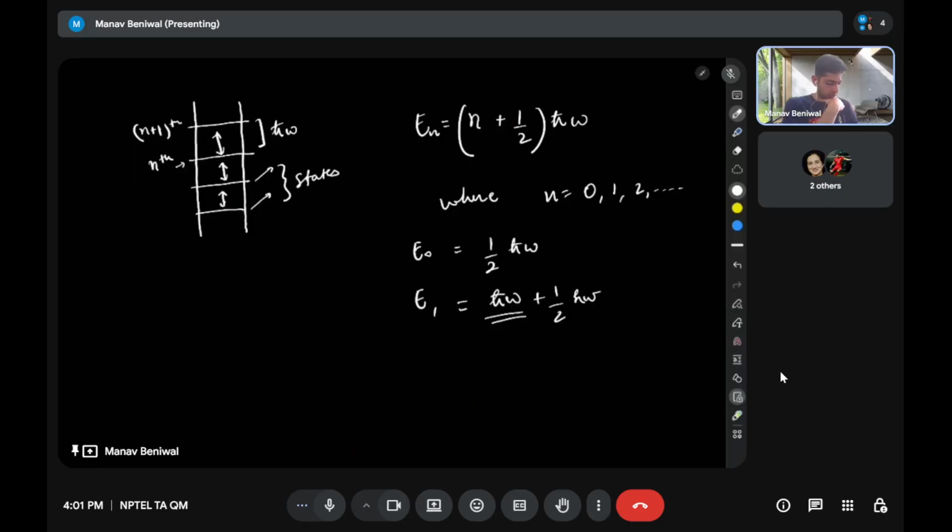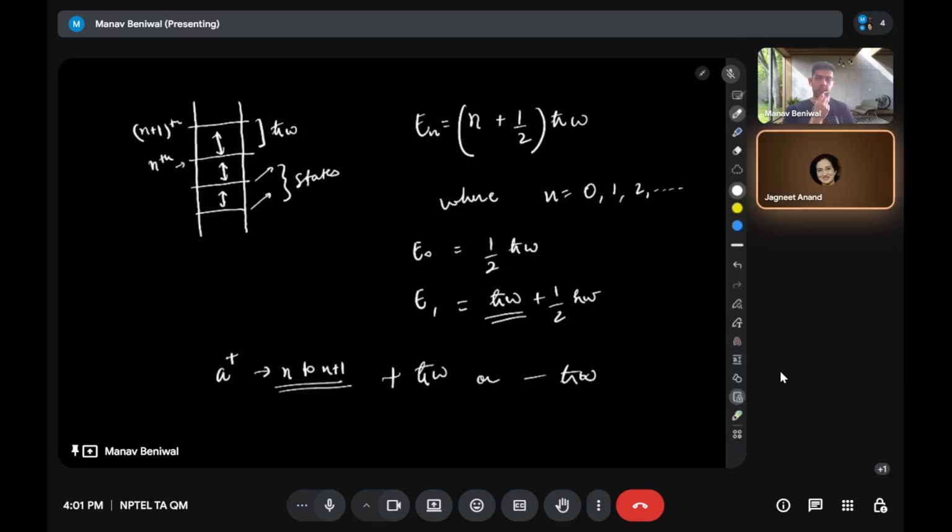So we are going either plus h cut omega or minus h cut omega. Essentially, what these ladder operators are doing, for example, the raising operator a dagger, is taking you from n to n plus 1,